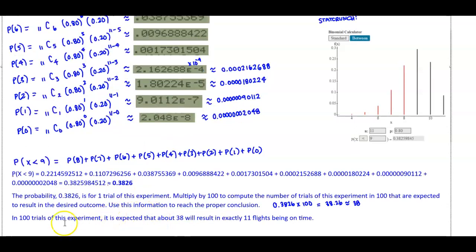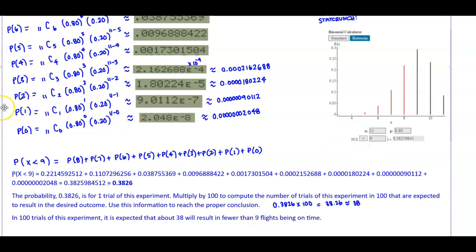So we would say that in the 100 trials of this experiment, it is expected that about 38 will result in fewer than 9